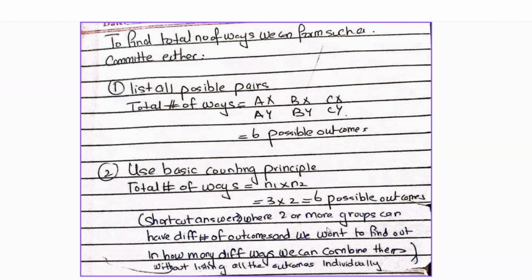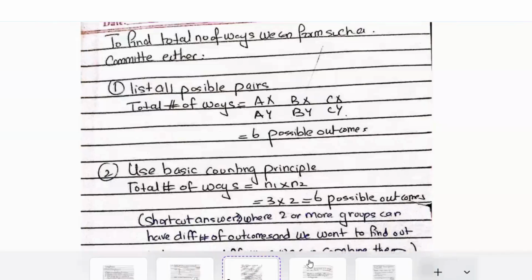So we had one experiment or one group where we could select a freshman in 2 ways and a sophomore in 3 ways, and you wanted to see in how many different ways we can combine them. The basic counting principle provides a shortcut for finding the total number of outcomes of performing multiple experiments together without having to list all the outcomes individually, like we had to do. Like we said, there are two options. You could either list all possible pairs and count them, or as a shortcut, you can use the basic counting principle to find the total number of ways you can perform different experiments together without having to list every possible